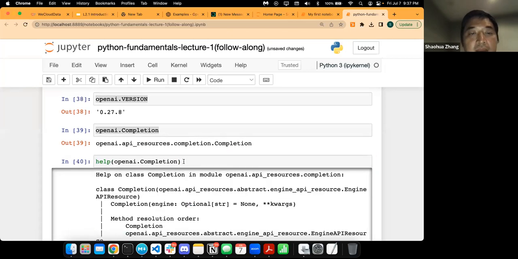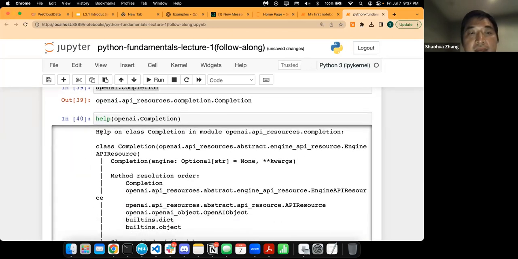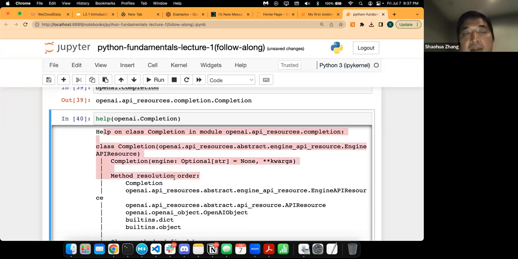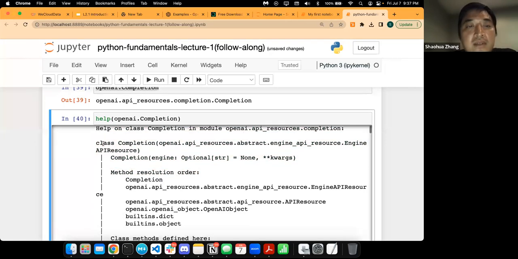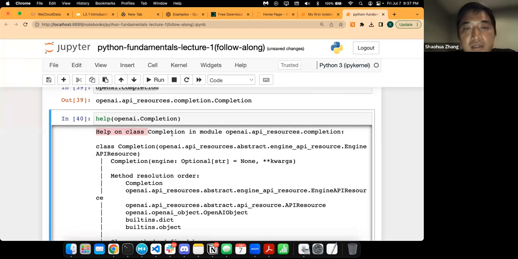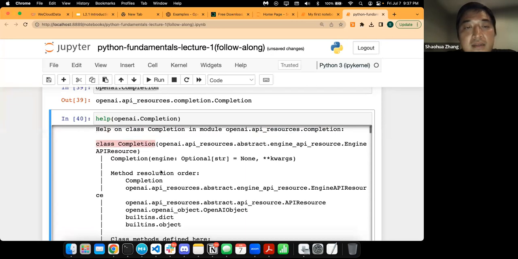openai.completion, and you're going to get more details, right? Don't worry about it. At this point, we don't need to understand what these mean. It's really just the introduction session. But essentially, this is the help on this class completion in this module. So the module is completion, and in this module, there's a class called completion. So it gives you the details about this class,